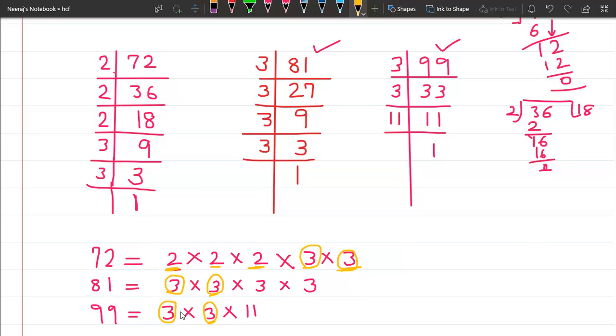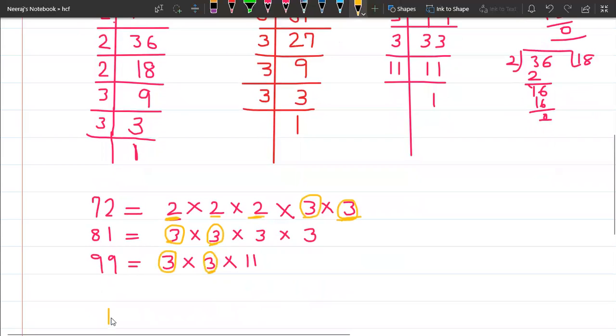Now which you have circled, just write it down again, writing the HCF, because at the last we are finding the HCF now. For the HCF, what you have to do? Just write down. So these 3 you have found in all the 3 numbers. So select that one only. Now the next 3 is also present in this one. So it is coming common. So you have to write only once. So what you will get, you have to write 3 into 3, and this will give you 9.